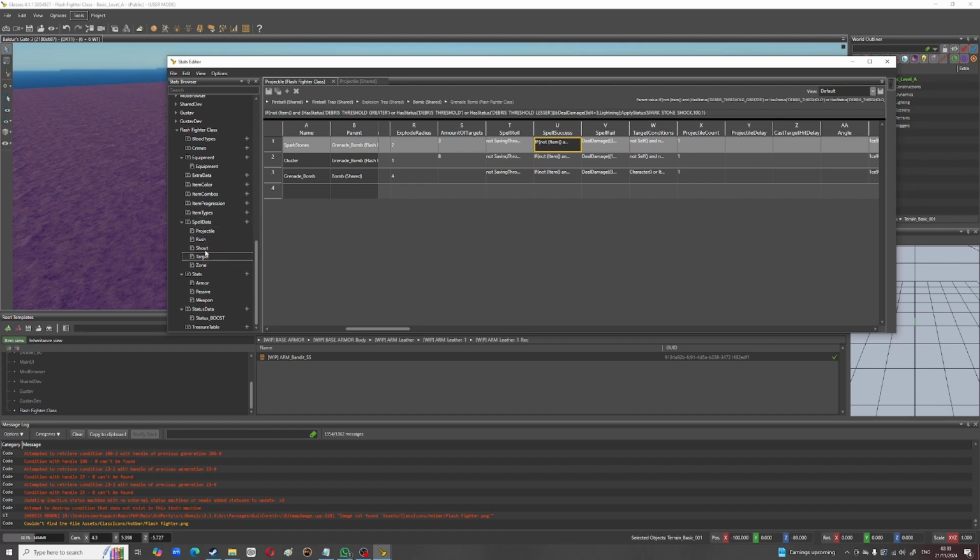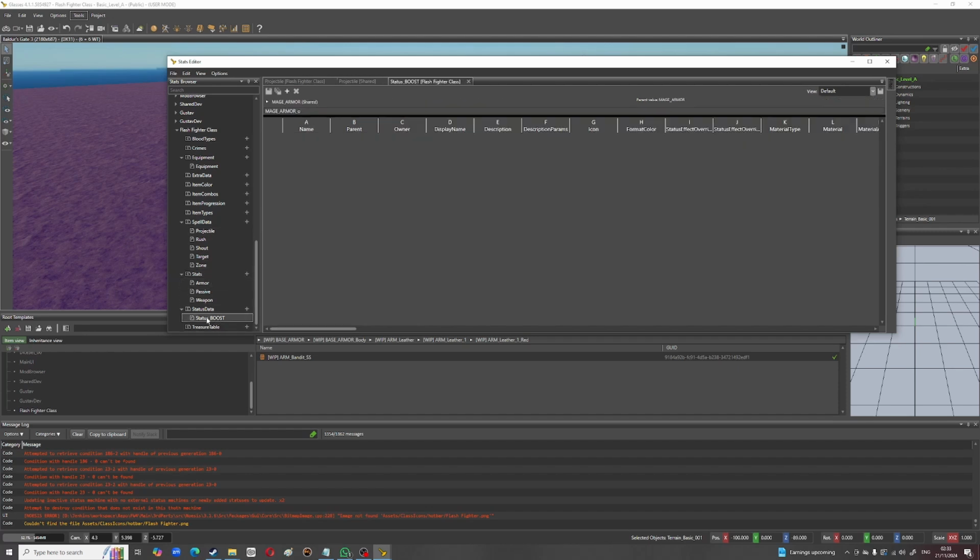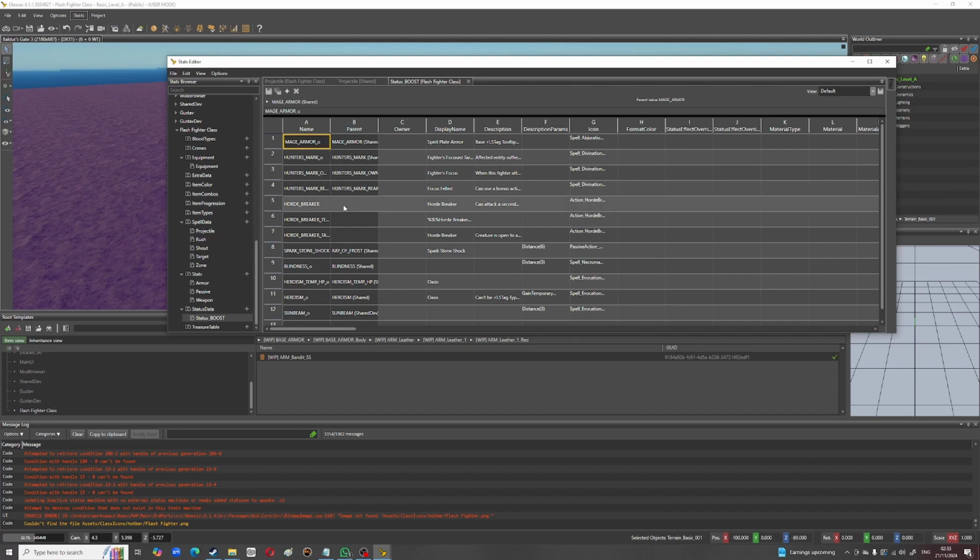Spell data, and where is it? It's in status data boosts. And then if we find